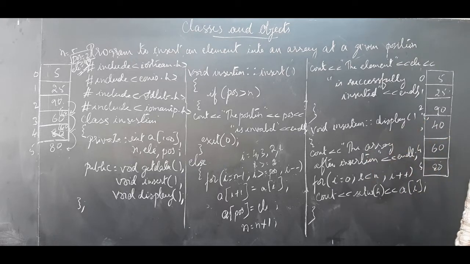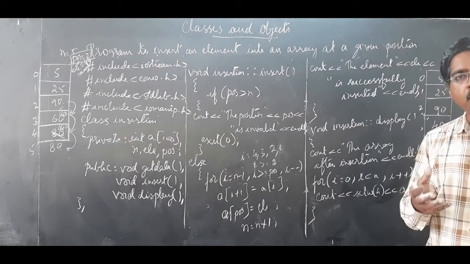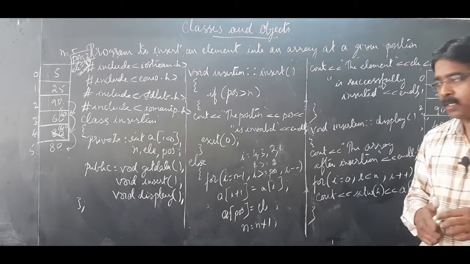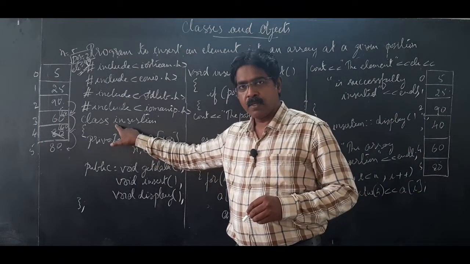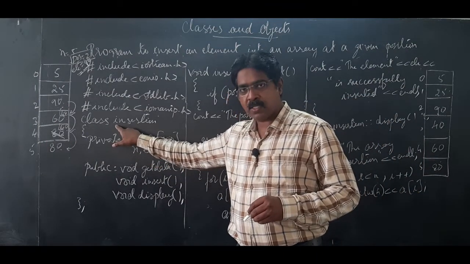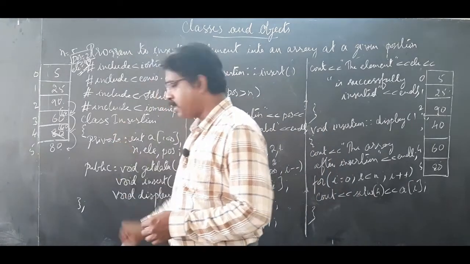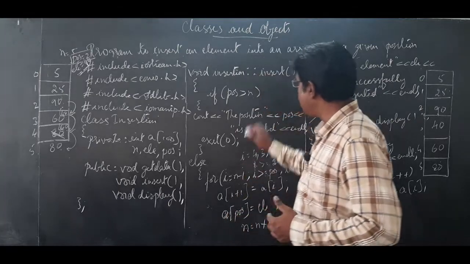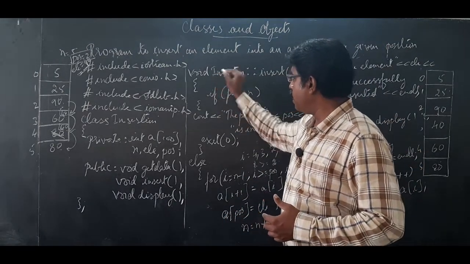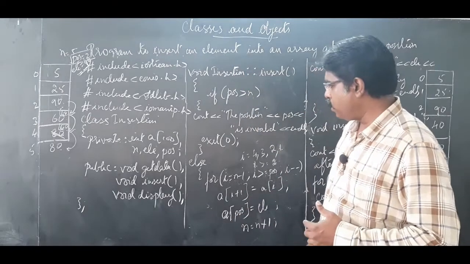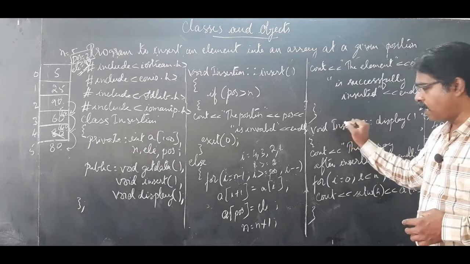So void main, I want you to write. In void main, what we do? We are going to create the object. How do we create the object? We take the first letter of the class. I have used a lowercase i here. I will correct it as I in capitals for our reference for an object. Here also I take as I, and even in getdata we need to change it, as well as here in display also I am going to change as I.